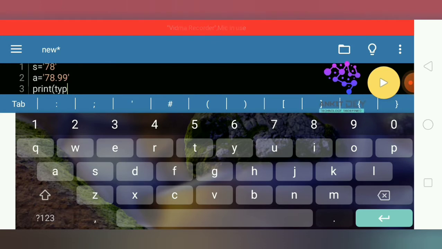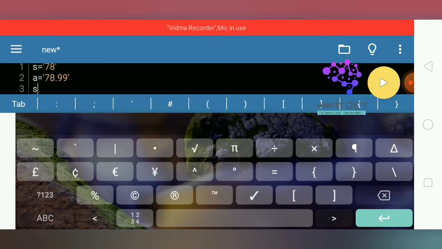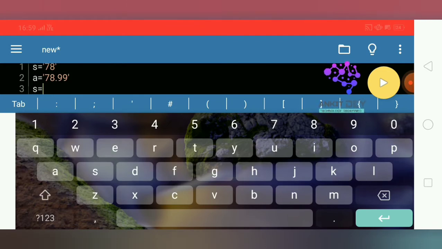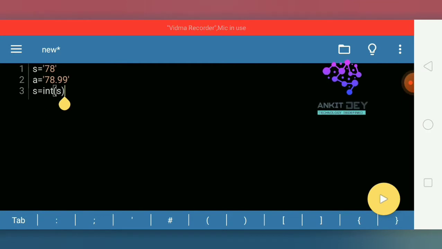And in this method you can easily convert it. If you write s equals, now for converting string to any of that data type, you can convert 78 into an integer value. I can write here int, put the parenthesis opened, and give here argument as s. Now what this is doing, this is basically assigning the value of s